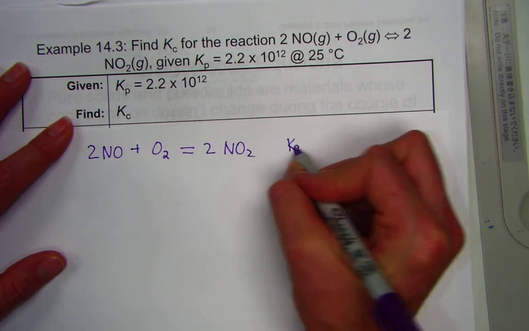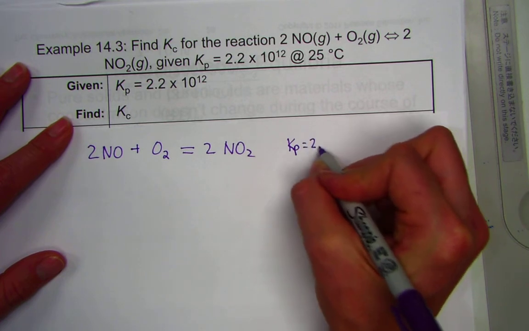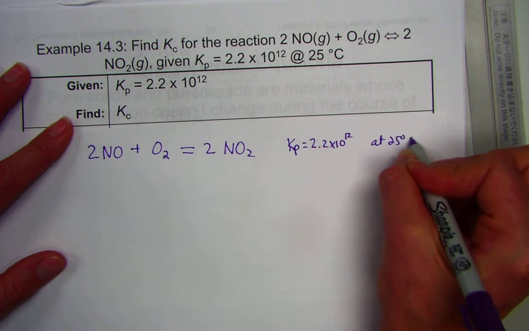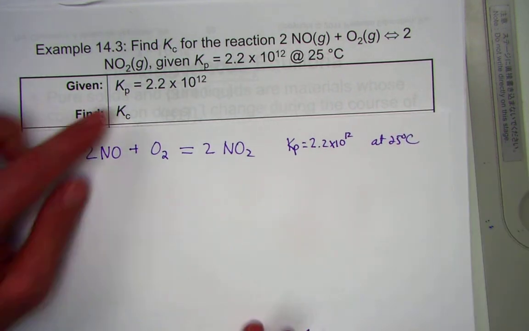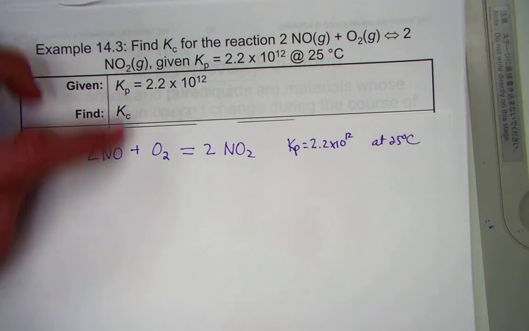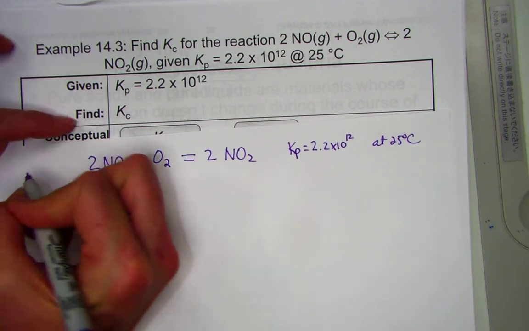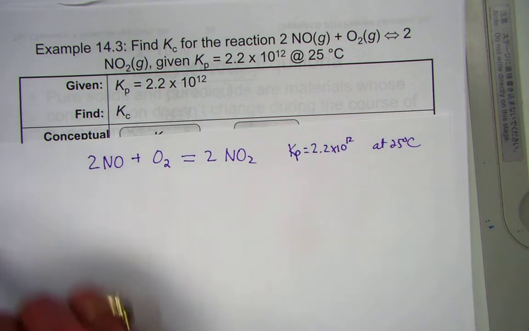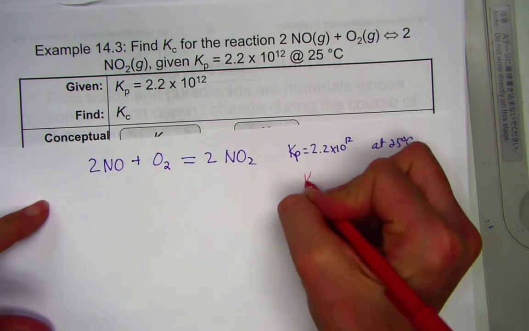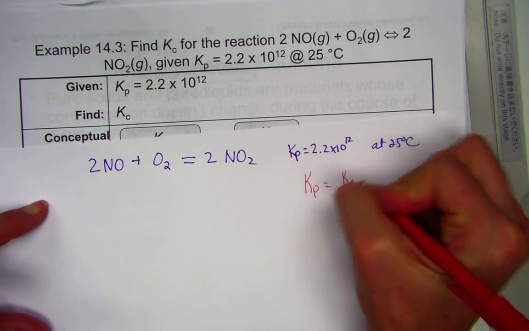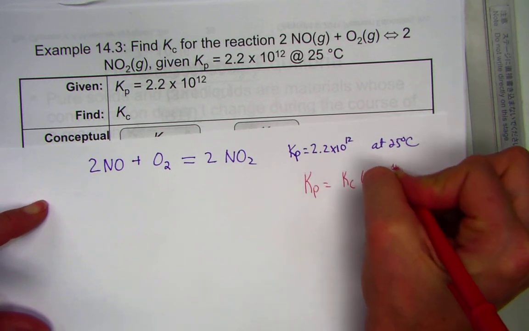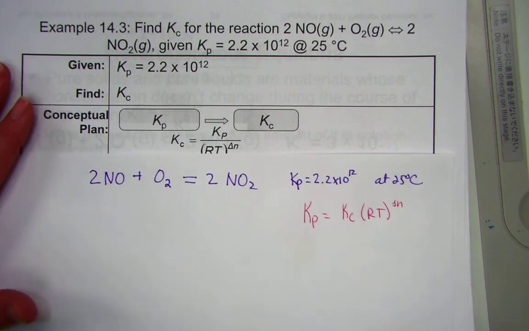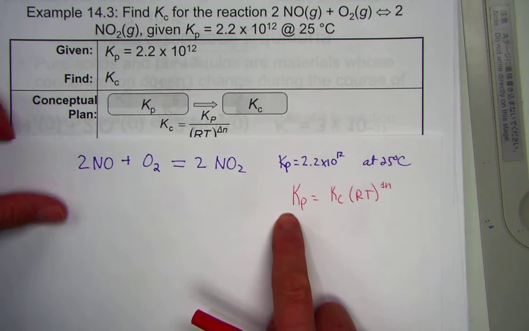We're given the Kp as 2.2 times 10 to the 12th power at 25 degrees Celsius. So we know Kp for an equation. We'd like to know Kc. So find Kc given a Kp. Algebraically, Kp is equal to Kc times RT raised to the delta n, the formula that we're practicing here. Alrighty. We know Kp. We'd like to